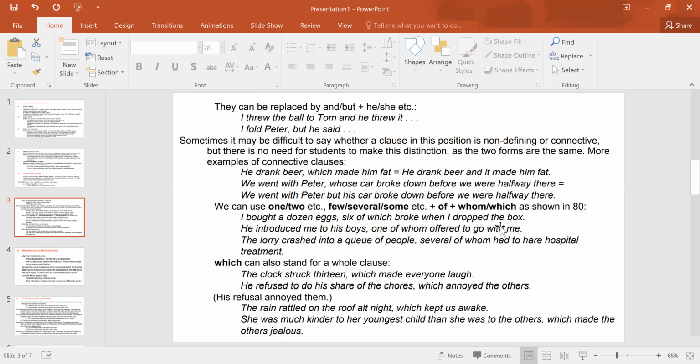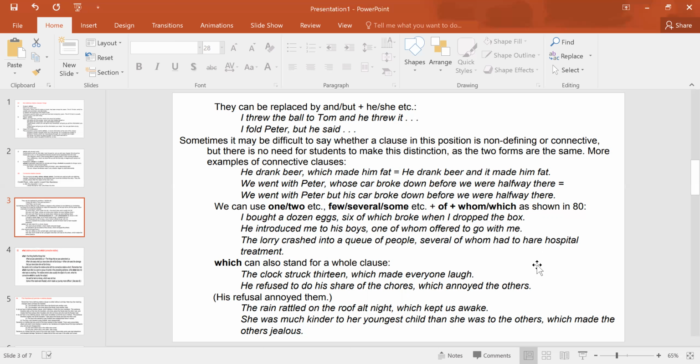The next case is that we can use one, two, etc., few, several, some, etc., plus of, plus whom or which. You can also see some examples in use number 80. Let's have a look at the examples given here. I bought a dozen eggs, six of which broke when I dropped the box. So you are continuing the story here with the help of a connective relative clause. Six of which, one of whom, several of whom. The lorry crashed into a queue of people, several of whom